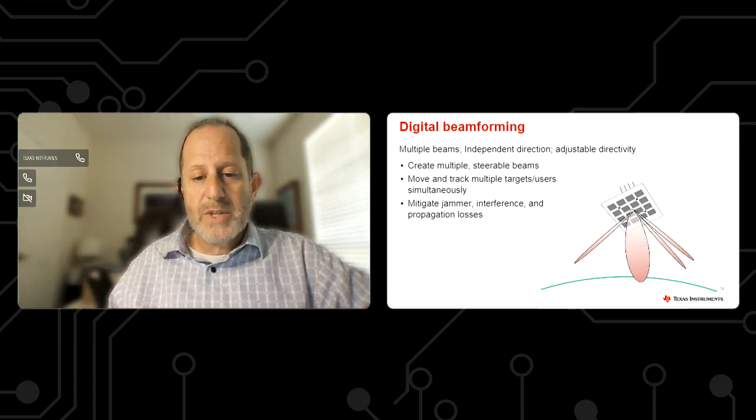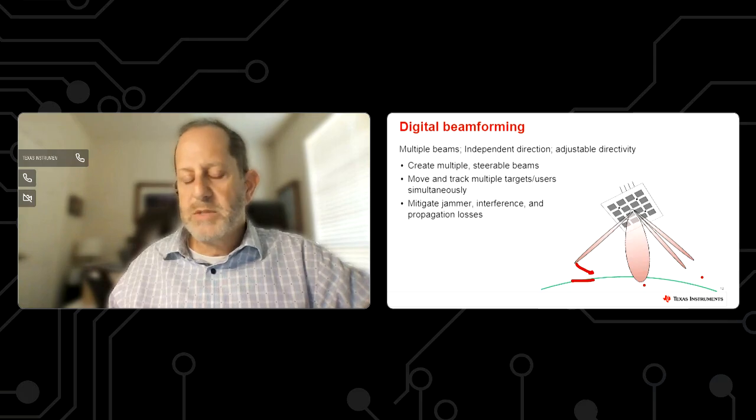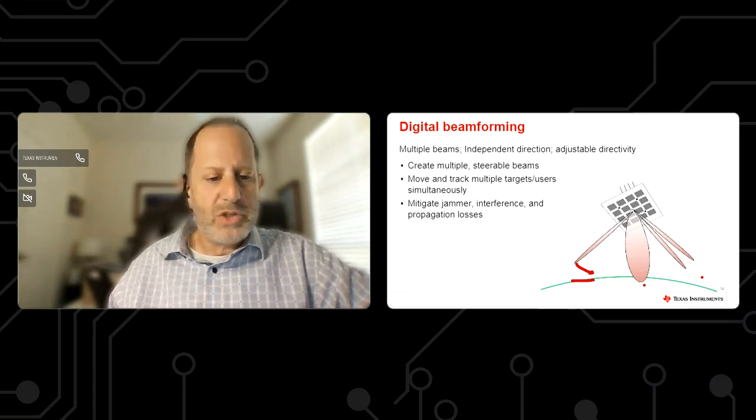So let's just think about that for a second. Multiple beams, we can have the case where there are multiple users or multiple targets at different locations that can be independently tracked. As these targets move, the beam can also move accordingly in order to keep them tracked. And if other users or targets are not moving, these beams could stay static, so that you've got independent control to move with your moving targets, keep static your static targets, or any combination thereof.